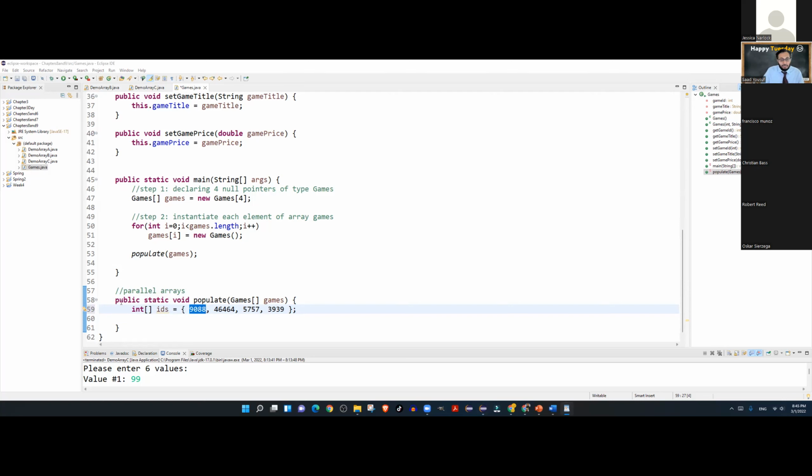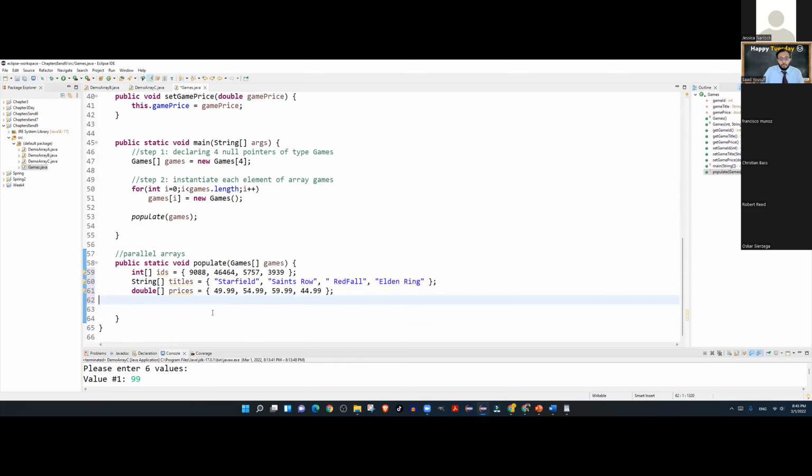Very similarly to that, I am declaring a parallel array for the game titles and another parallel array for the pricing. So just to show you guys the parallel arrays, each of the arrays is of the same size, and as each array is of the same size, that makes them parallel arrays.